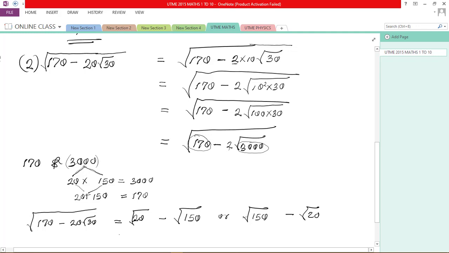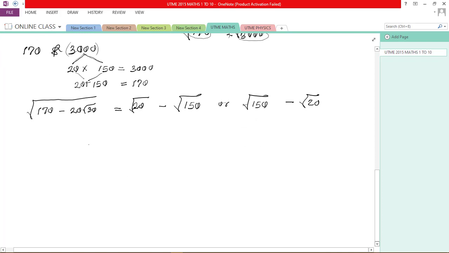So if you do this well, using the surd formula as usual, your answer will go thus. If you find the root of this surd form, it means you have root 4 times 5 minus root 25 times 6. And this will give you 2 root 5